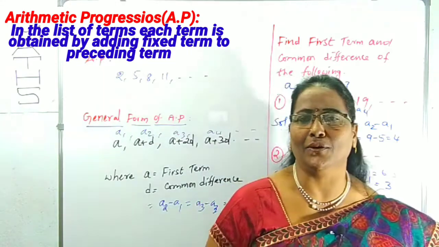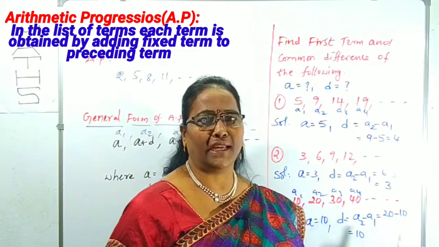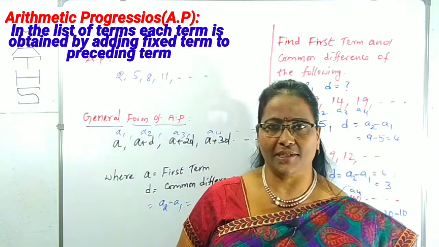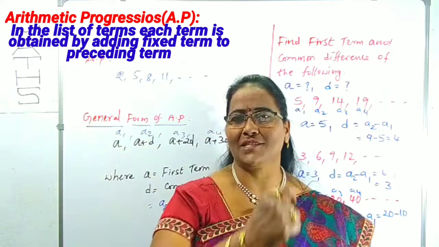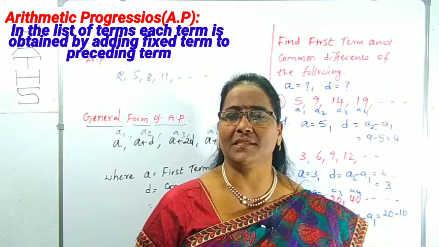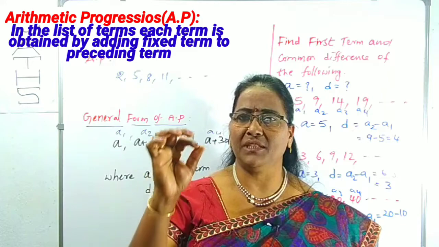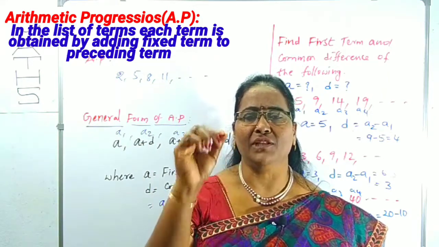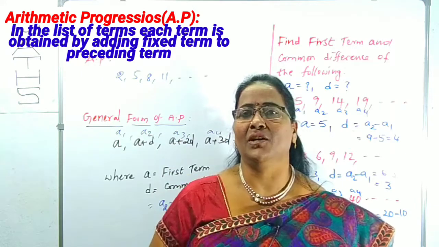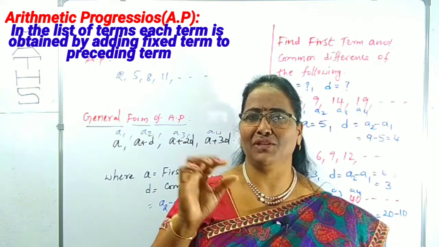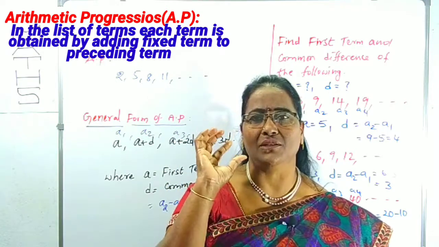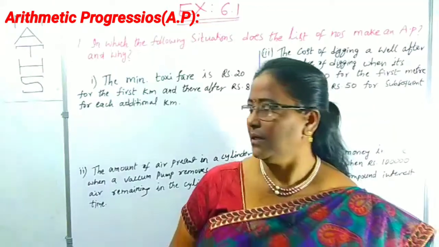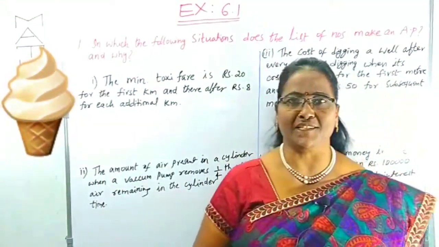Is it clear? Now how you can find out A and D? By these examples you can get the idea. Now I will start the exercise. This is the sixth chapter, 6.1 exercise I'm going to start. So you be ready to face the homework questions also. I will give some questions to you. You can face them. Already said to you, you can mention your answer in the comment section. Clear? Now I'm going to start the exercise.